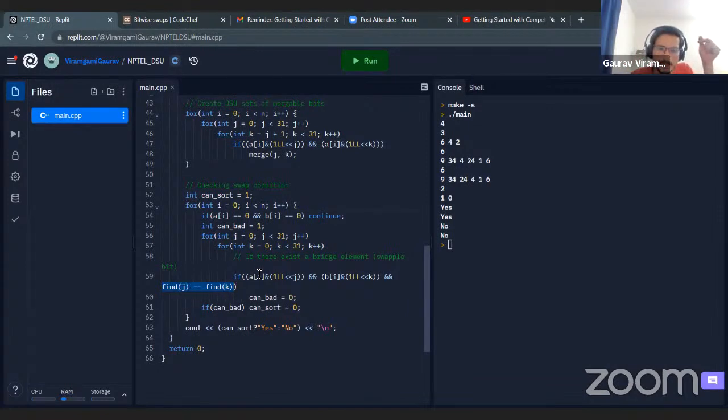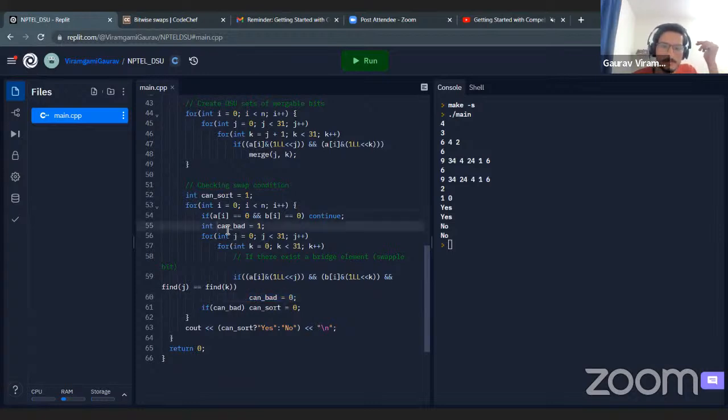So its jth bit is shared with A and its kth bit is shared with B. If we are using only one intermediate number, if we are using more intermediate numbers, say 2 or 3, then we will again need to compute, like we can first swap the below two numbers, then we can swap using a higher number of swaps. We would be able to swap AI with BI if this condition is true. So if we have such a condition, then we are sure that we'll be able to swap AI with BI. So we'll just